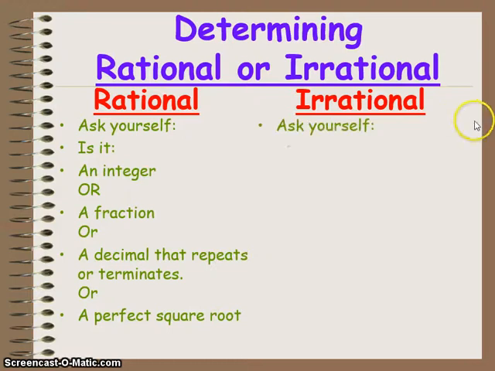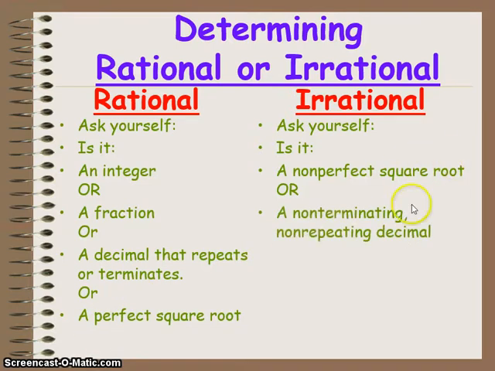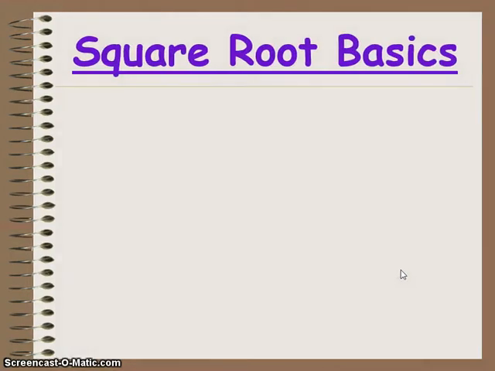Now, the opposite, ask yourself, is it a non-perfect square root, which means it's not perfect, which we'll talk about in a minute, or is it a non-terminating decimal, which means it does not stop and does not repeat, the opposite of this. Now, rational numbers have perfect square roots and irrational numbers have non-perfect square roots, so we need to look at some